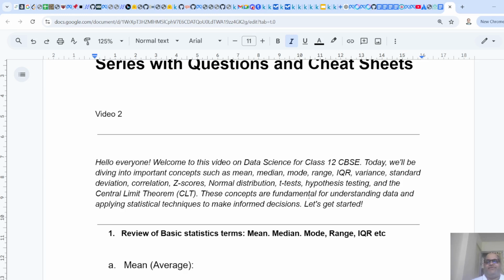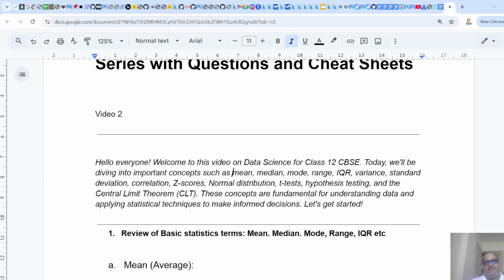This is our video number 2 where we'll be reviewing some of the statistics concepts that many of you will already be comfortable with, like mean, median, mode, range. Some of that, like IQR, variance, standard deviation, correlation. We'll take some examples and explain so that you get a fresh look at it, and then we'll focus on